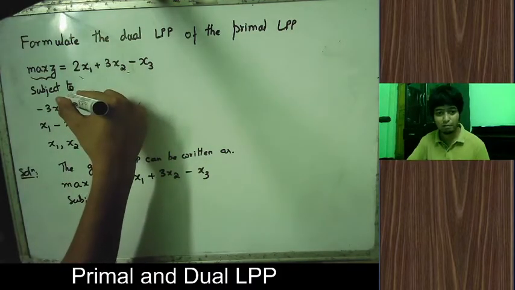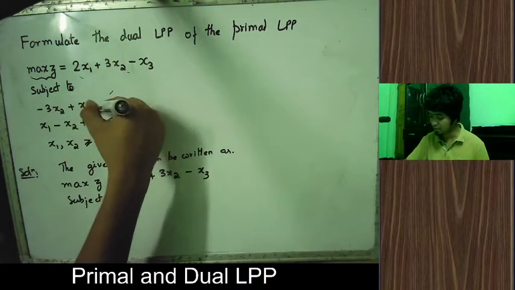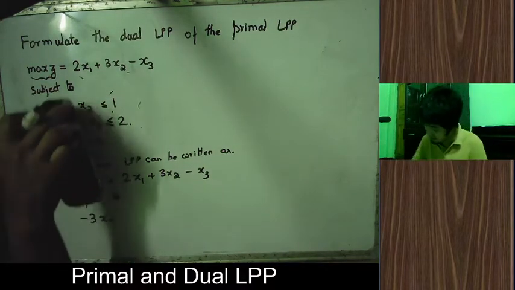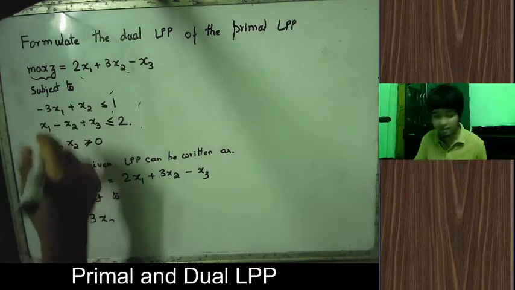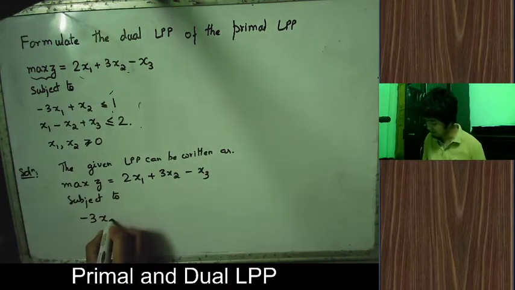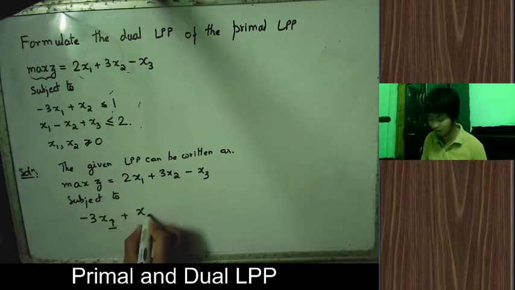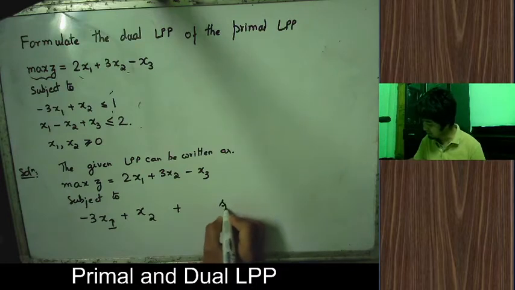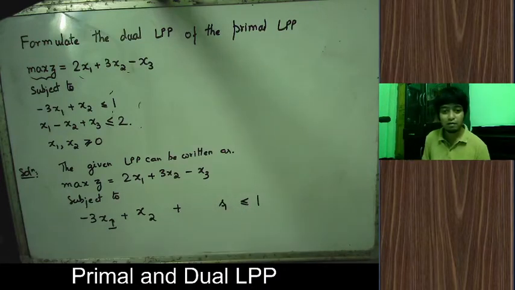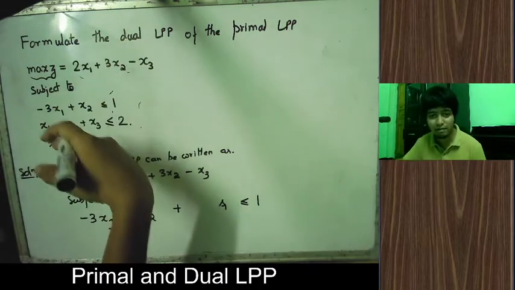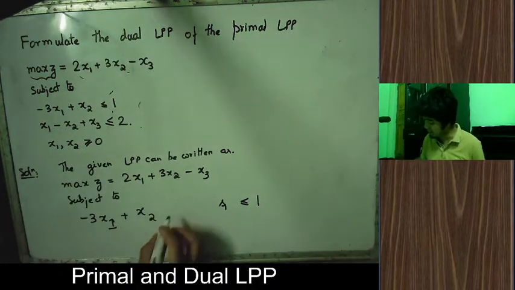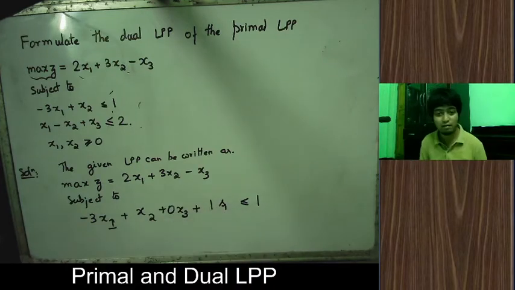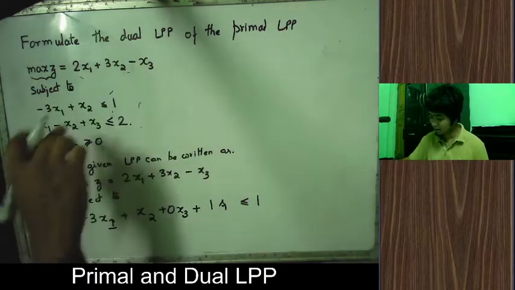Now over here what we will be having: minus 3x1 plus x2. We can introduce slack or surplus variables depending upon the question. So 3x1 plus x2 plus s1 is less than or equal to 1. And because we are having three variables, it is best if you also write it as plus 0x3 plus 1s1. You will see why. Similarly, this